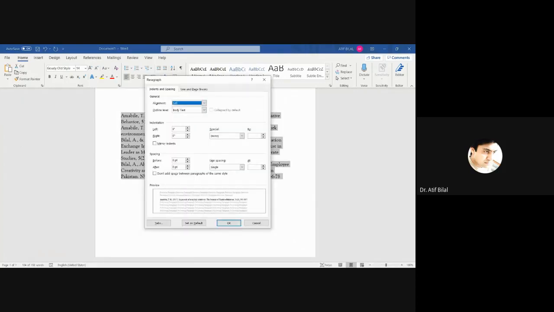First of all, make sure that there are no spaces here, or if you want to give spacing after or before the paragraph. Then the first thing that you need to do is go to the special indentation, and indent the hanging by 0.5 and OK.